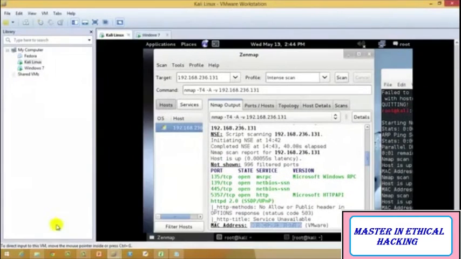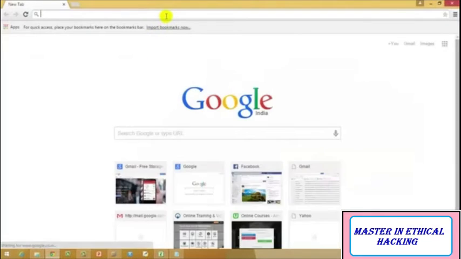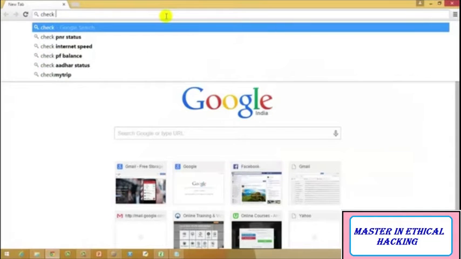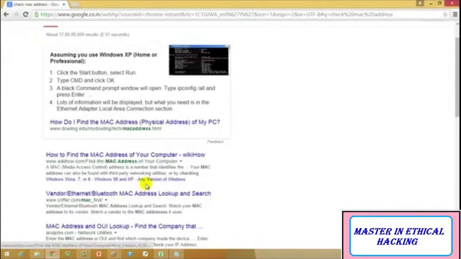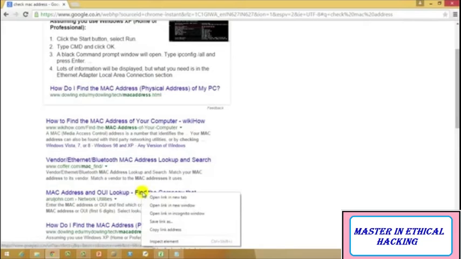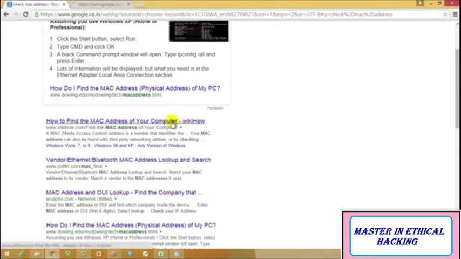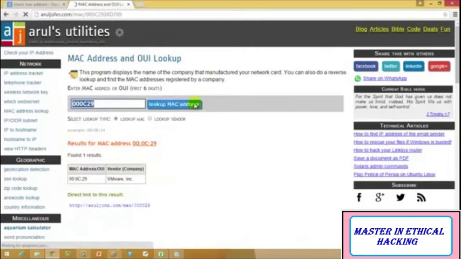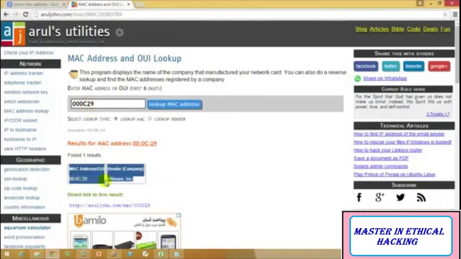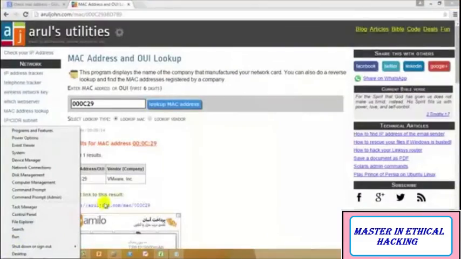And if it is related to a specific PC, then you can go over the internet and check the MAC address. Yes, you can check it over here. You can find the company lookup and you can just type the address. Probably it will not be able to find. Yeah, it's perfect. That means anything starting with 00:0C:29 is VMware. If I go ahead and check it over here,